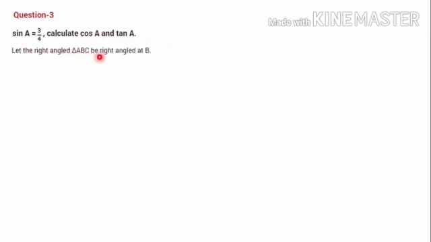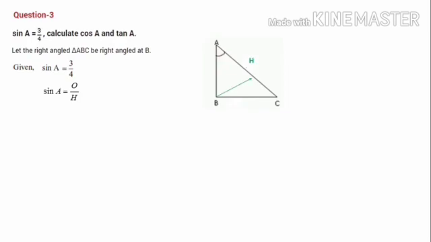Let the right angle triangle ABC be right angled at B. Here the given condition is sin A equal to 3 by 4. So let's recall the formula for sin, that is sin A equal to O divided by H. Let's visualize the question. There is a triangle ABC, right angled at B, and as I mentioned before, the angle mentioned in the question is A: sin A, cos A and tan A. So A is the angle. Based on this angle, let's mark O, A and H. First of all H, that is 90 degree opposite, and the side opposite angle A is BC, which we have labeled as O, and the leftover side is A.